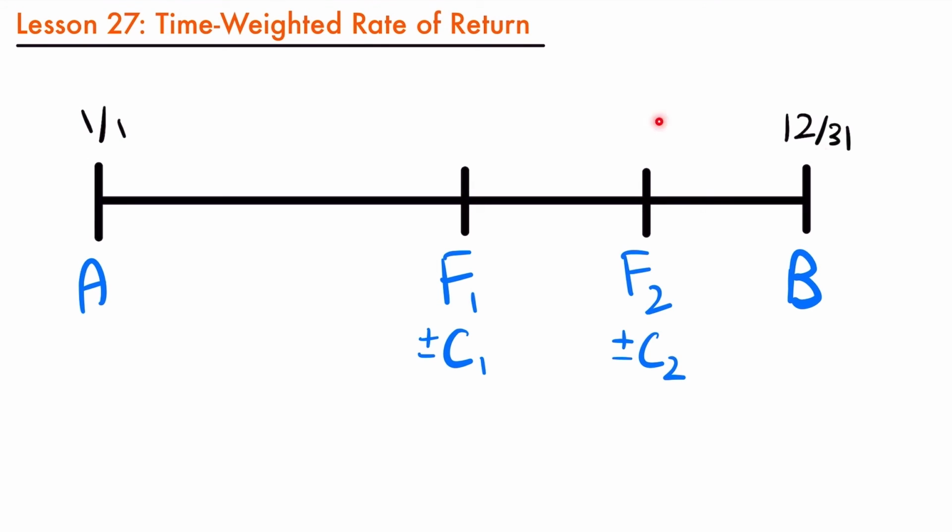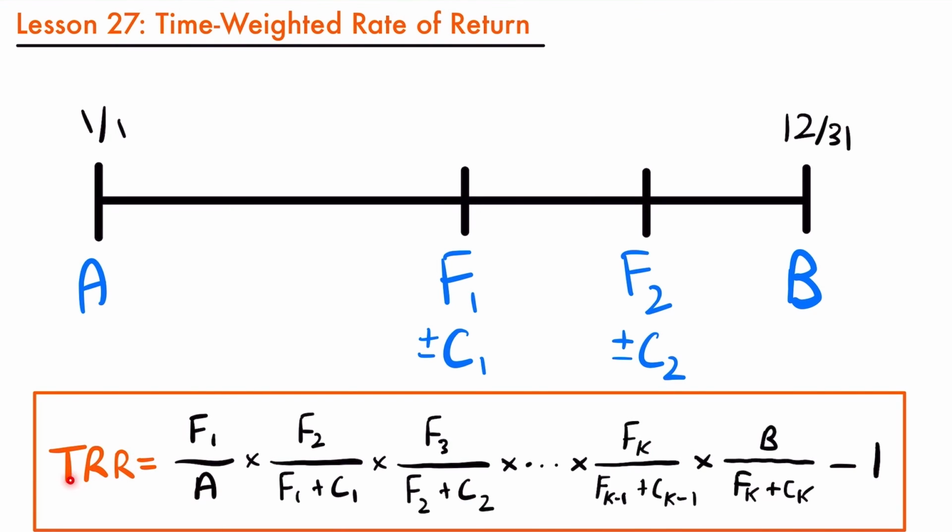Okay, and so given all this information, we could calculate the time-weighted rate of return with the following formula. The time-weighted rate of return is equal to the first reported balance after the initial balance, F sub 1, divided by the initial balance of the account. And that's multiplied by the next reported balance, F sub 2, divided by the previous reported balance, F sub 1,